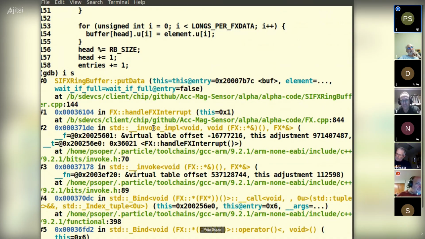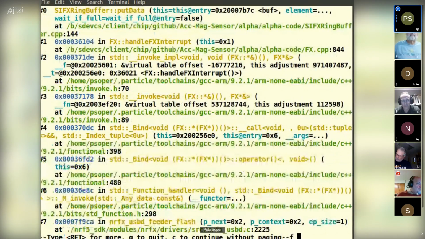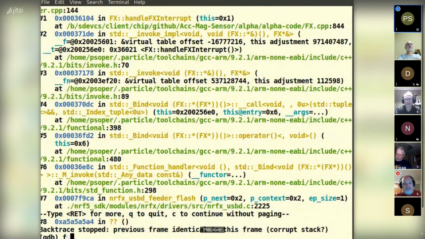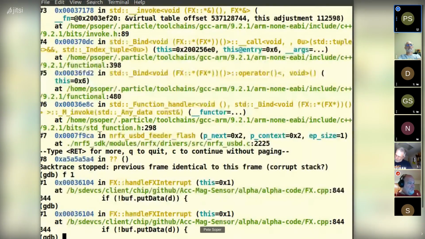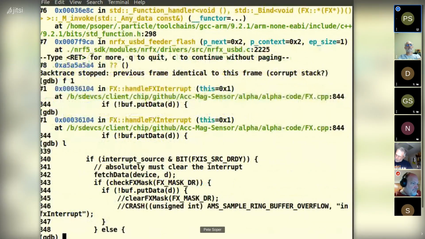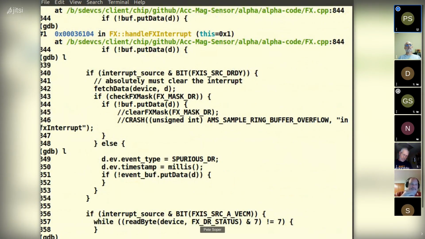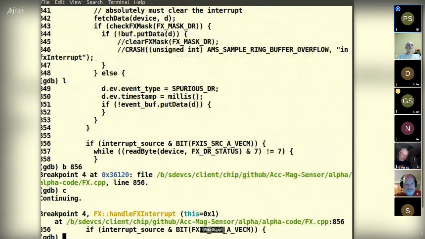Doesn't matter. But now if I do a frame command and go back to frame 1, I'm back in the call to put data. And if I put a breakpoint, whoops. Oh, that's not very convenient. Oh, let's put a breakpoint down here, 856. And I run to that. I can now execute